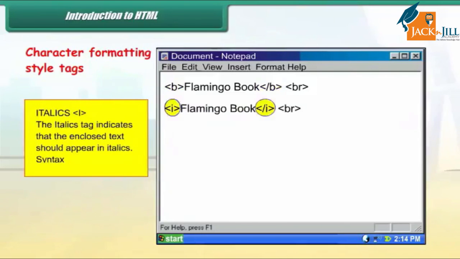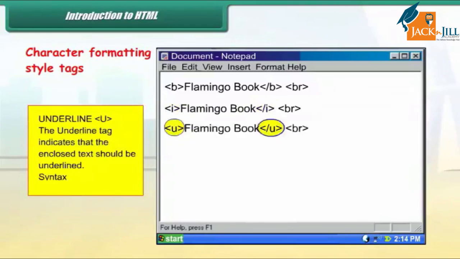The italics tag indicates that the enclosed text should appear in italics. Syntax: Underline. The underline tag indicates that the enclosed text should be underlined. Syntax. Example: